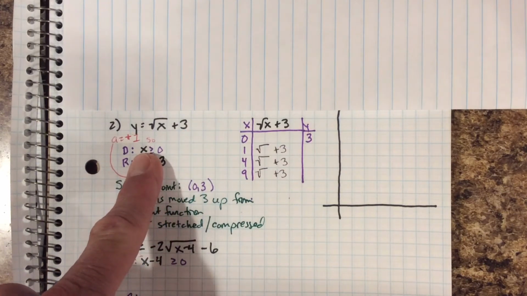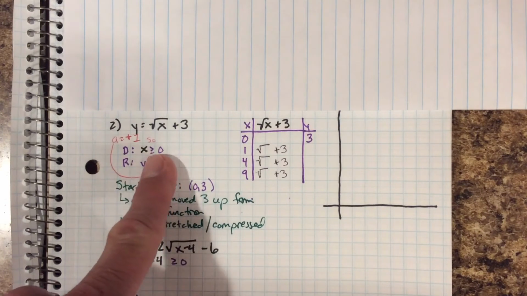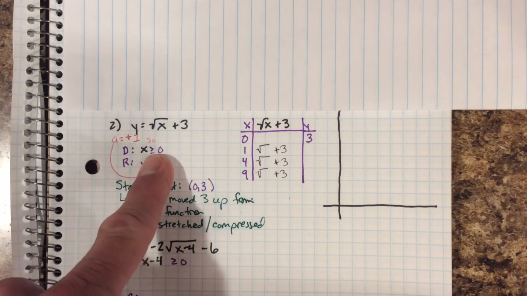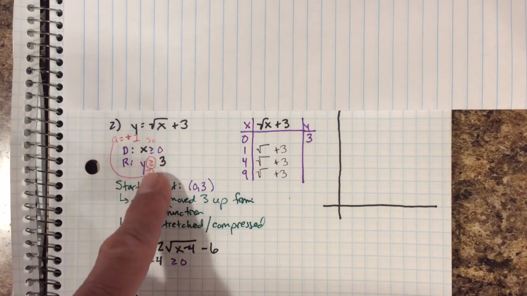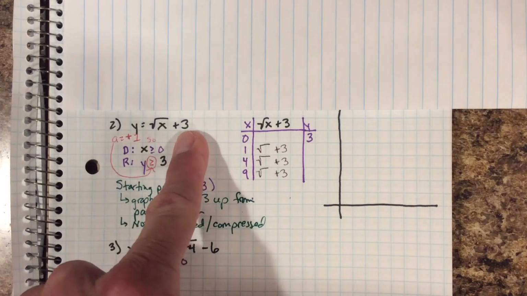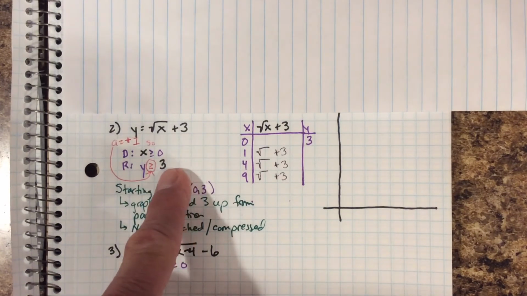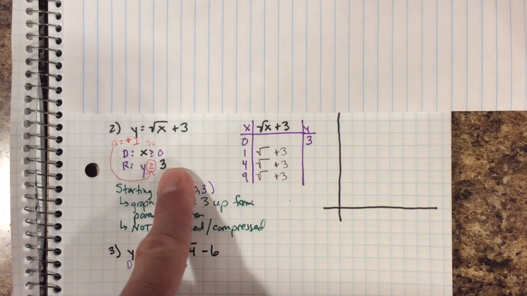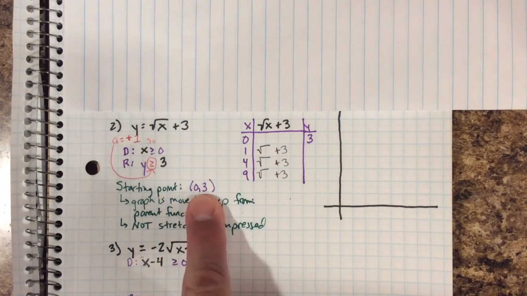Domain says I take the radicand, I set it greater than or equal to 0, and I solve for x. Well, it's already solved for x. The range, because a is positive 1, is greater than or equal to, and then whatever's being added or subtracted outside the radical is what your range is compared to. Now, those two values also indicate our starting point